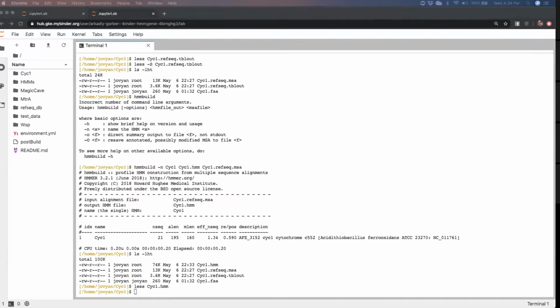And if there are any proteins that are not commonly found and not well represented in the database, you're going to get a few hits. But let's just see what it looks like. So we're going to run hmmsearch with --tblout. This is what we're going to take a look at. And we're going to call this